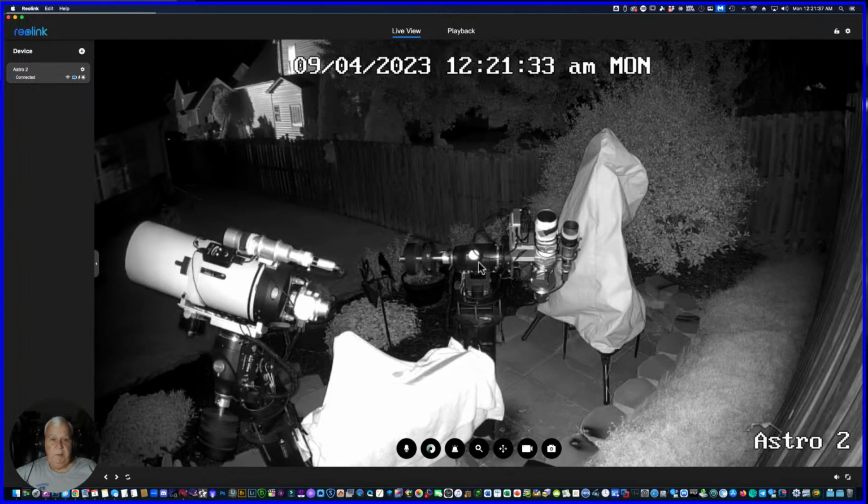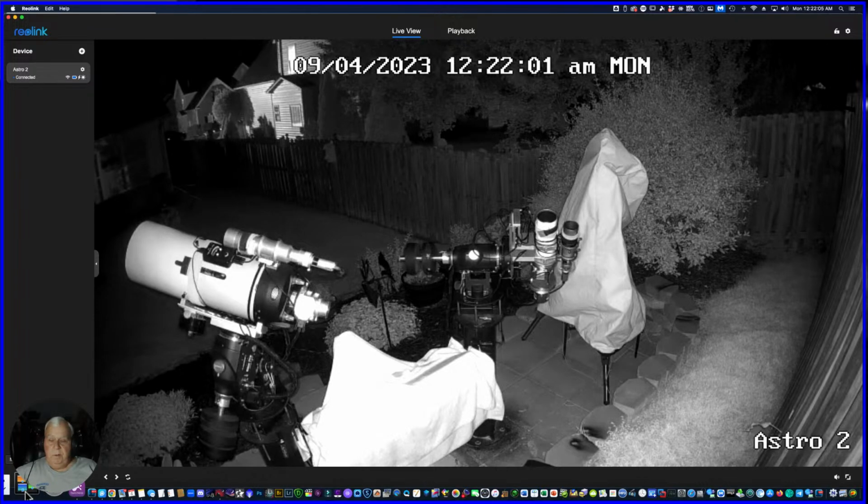I did not look and see what time IC 1396 was going to transit. So it's going to flip any time now. You can tell that the mount's horizontal. The OTA and the weights are just about horizontal, so it's going to be flipping time. Alright, so I'm just going to leave that on,